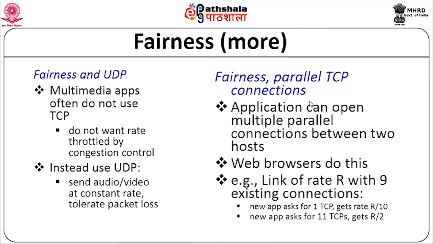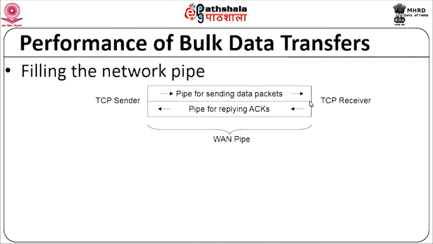Going further, we also need to understand how these congestion control mechanisms are effective when you do bulk data transfers. One thing about data transfers is that we need a high throughput. Second, when you are doing bulk data transfers, you are transmitting large amounts of data, so we would also like to know if the data transfer is taking place effectively and if there are any problems caused by that kind of data transfer.